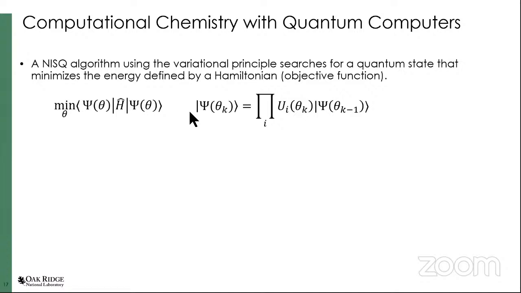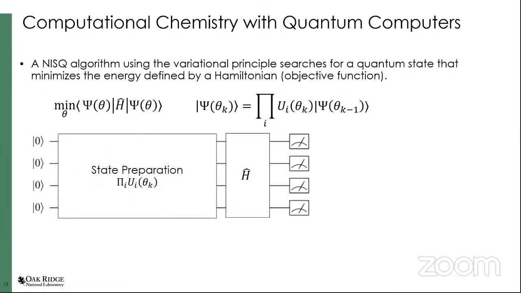Now, the kth iteration of the wave function psi can be decomposed in terms of these unitary operations, where each of those are again parameterized by this kth value. And of course, that may be done iteratively so that it depends on successive applications of the operators or in a straightforward way. So just to put this diagrammatically, if I could prepare a register of, let's say in this case, 4 qubits, and I apply my state preparation operator, my sequence of unitaries for a given choice of the parameter theta, I can then estimate the energy through the Hamiltonian,